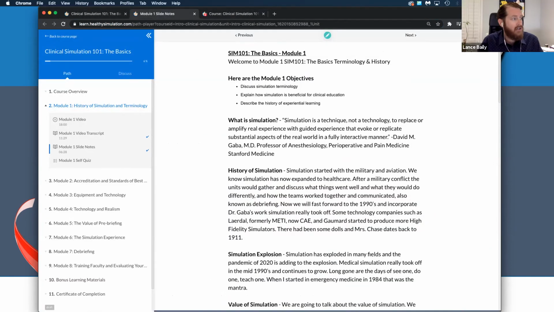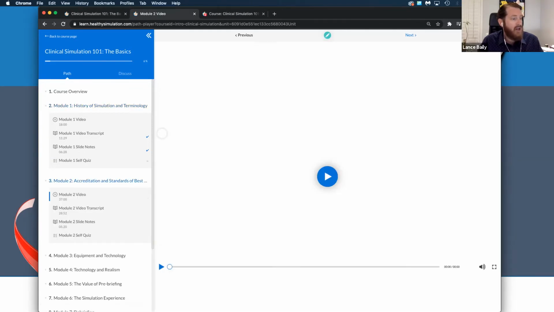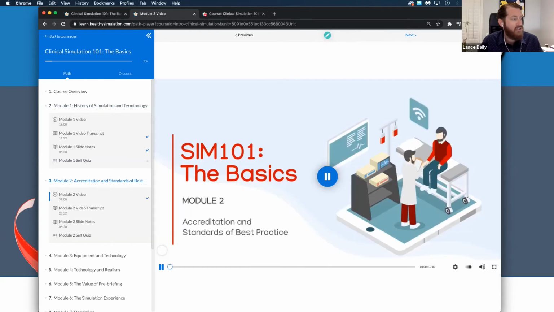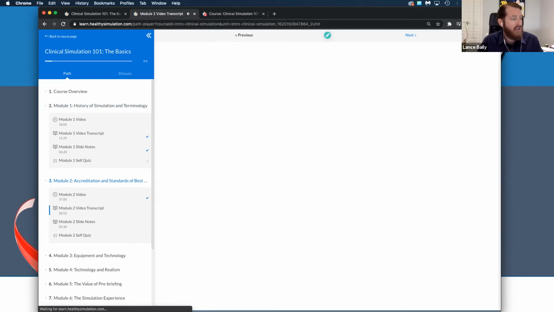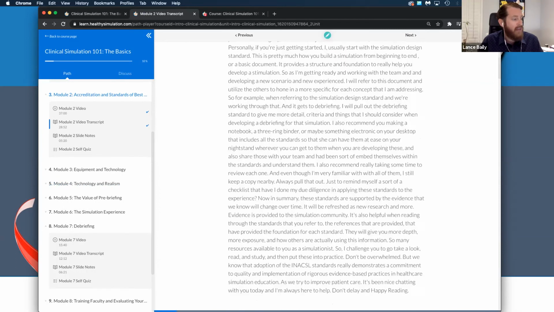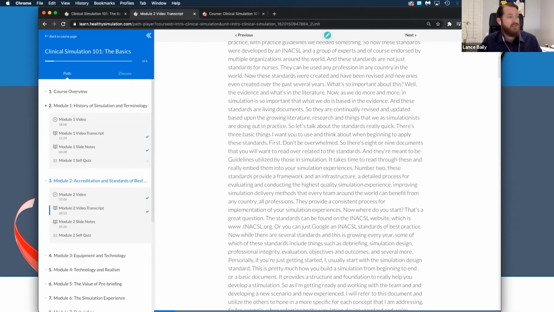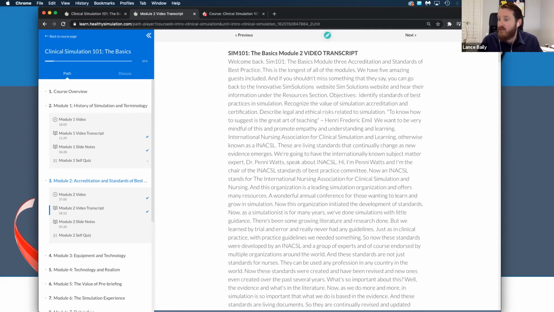You can see here as I just kind of move through the materials on the course, we can look at the quizzes, the modules, the videos. It's all easily available to us on the left-hand side if we want to navigate through any particular section and learn more about that, but it includes a complete transcript as well as all the slide notes. As well as a quiz per module, and then the bonus materials. So there's a lot there to it. Really simple.